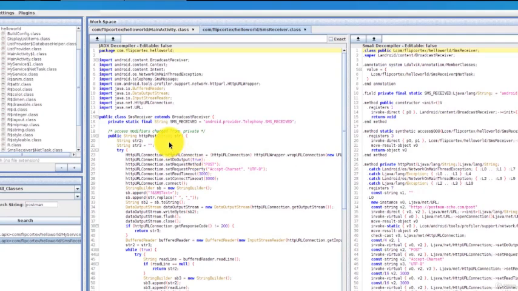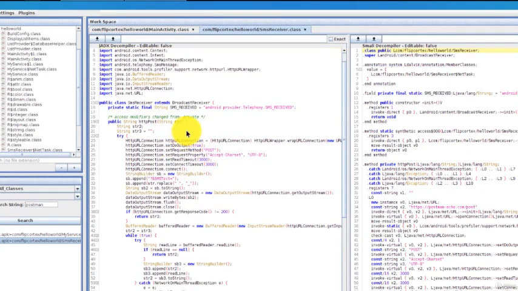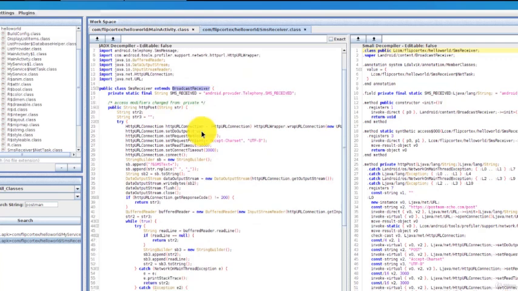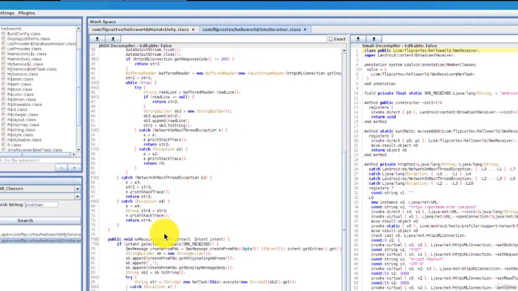So, okay, here we have a broadcast receiver. In a broadcast receiver, we're going to tap on the onReceive. Now in onReceive, it's checking the SMS that we received. Okay, they're creating the SMS, defining a string called sb2.